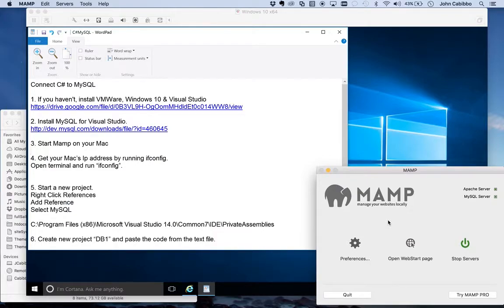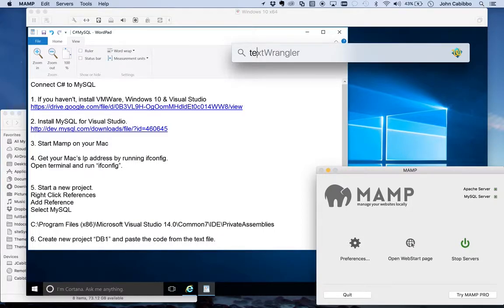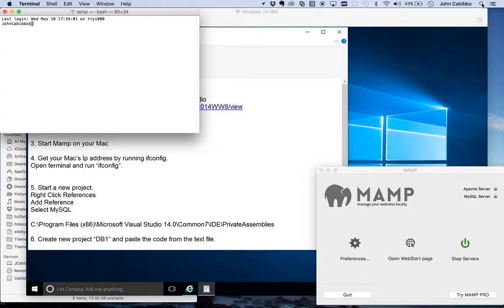In order to do that, we need to get the IP address of the Mac address, sorry, not the Mac address, the Mac. So we have to go into Terminal. Click on the little magnifying glass here and type TERMINAL, and you'll get a window like this. I need you to type just one word, ifconfig,